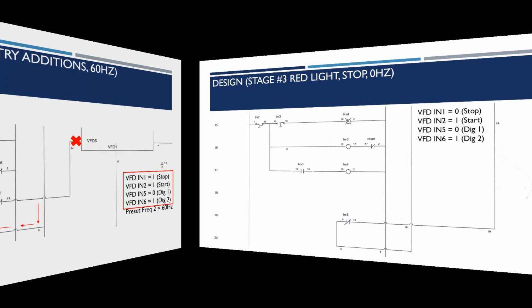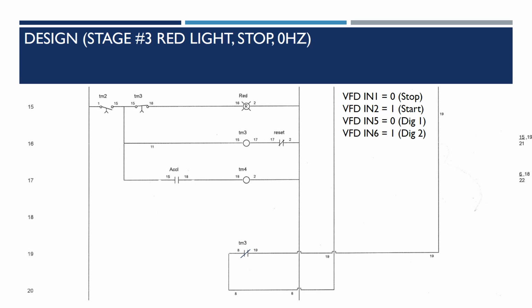We now enter stage 3. In stage 3, the motor is going to follow its normal operation. We are going to allow that logic level 0 on VFD input 1 to stop the motor as it was originally designed. The only thing we're concerned about in this stage of the circuit is just simply to detect that